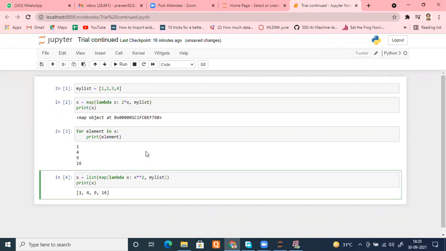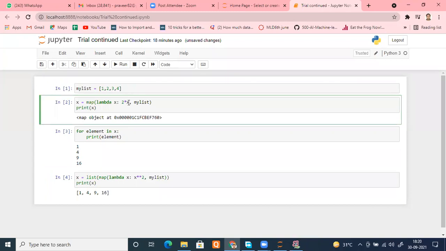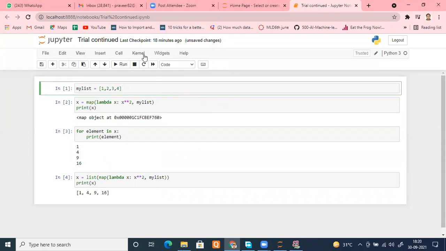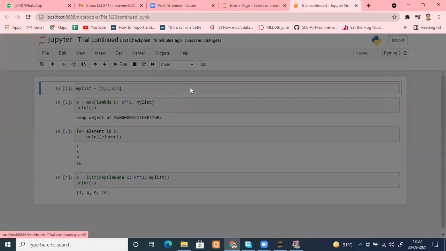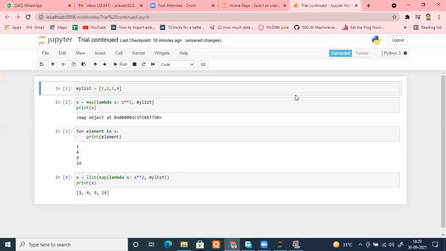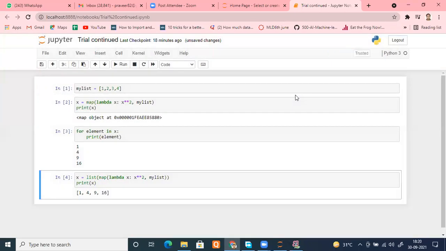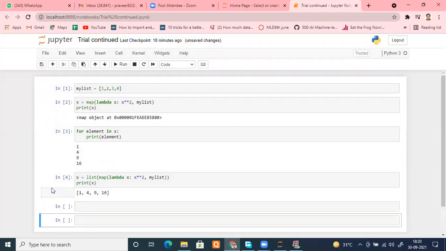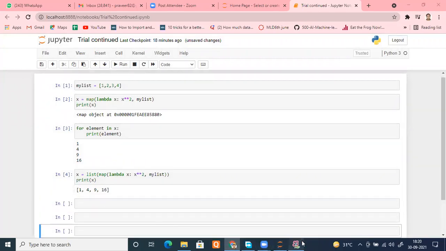And I'm changing it back again to x square. Okay, running the code again, entire code, kernel restart and run all. Is it okay? Fine, everyone? Yes, sir. So now let us move to the next function.